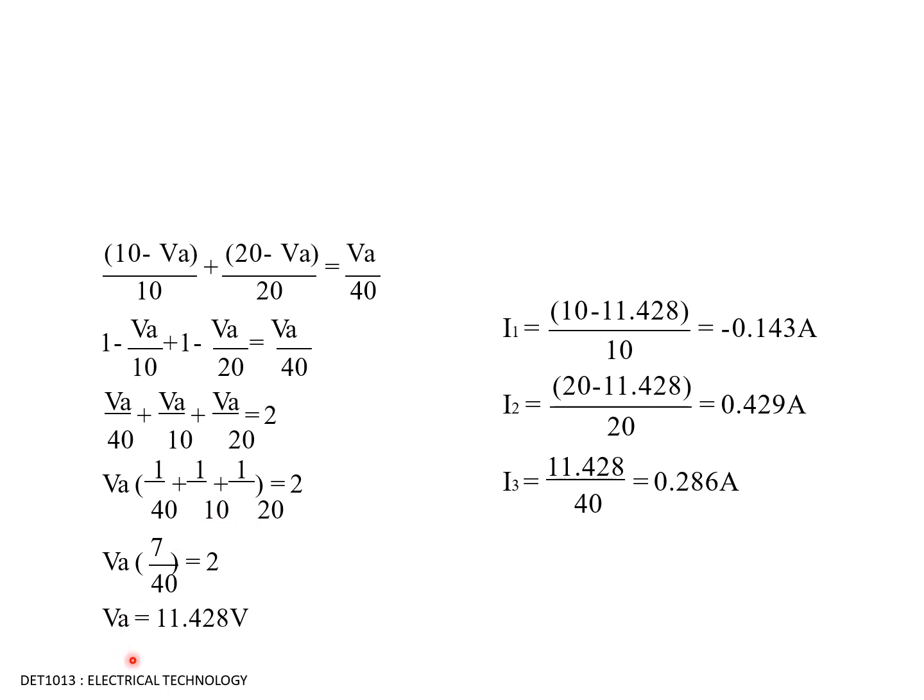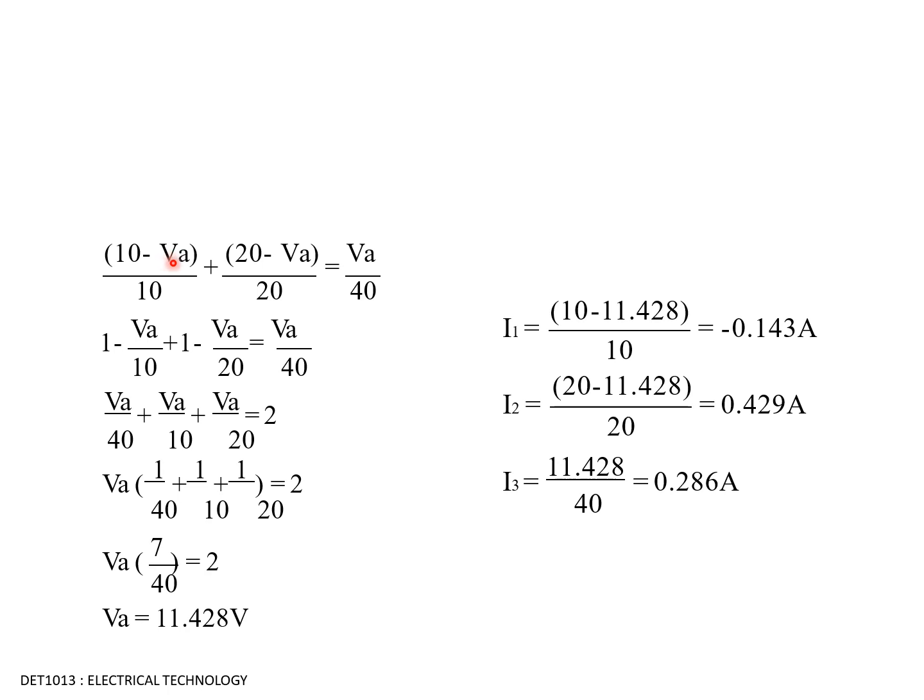VA into 7 by 40 is equal to 2. And from this equation, VA is equal to, when you solve this, 2 into 40 by 7, which on solving you'll get the value as 11.428 volts. And when you substitute this VA in this equation, in each term,